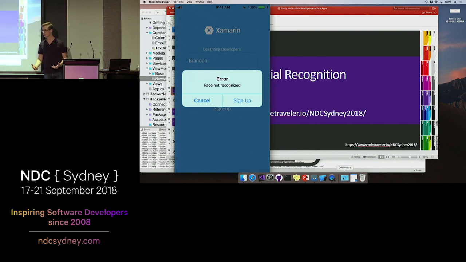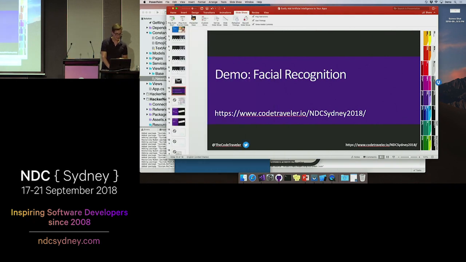Think about those apps that you work on. Is there sensitive information in there that a password could get compromised? Even things like using SMS, using a text message for two-factor authentication, that's also easily hacked because people have found you can spoof phone numbers too. So what better way to do it than with your face? Because I only got one of them, and it's not going anywhere. Well, hopefully. So that's the facial recognition app.